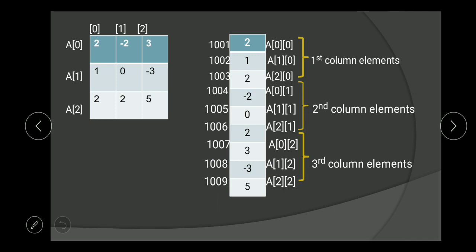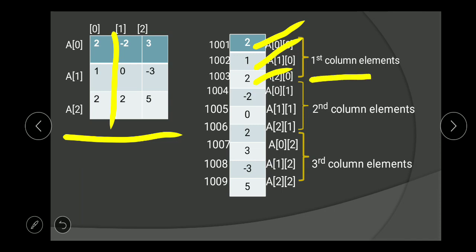For example, this is our matrix of 3 into 3 order, and here we will store the elements column-wise. So the first column is 2 1 2. This is our first column elements. The second column is minus 2 0 2.